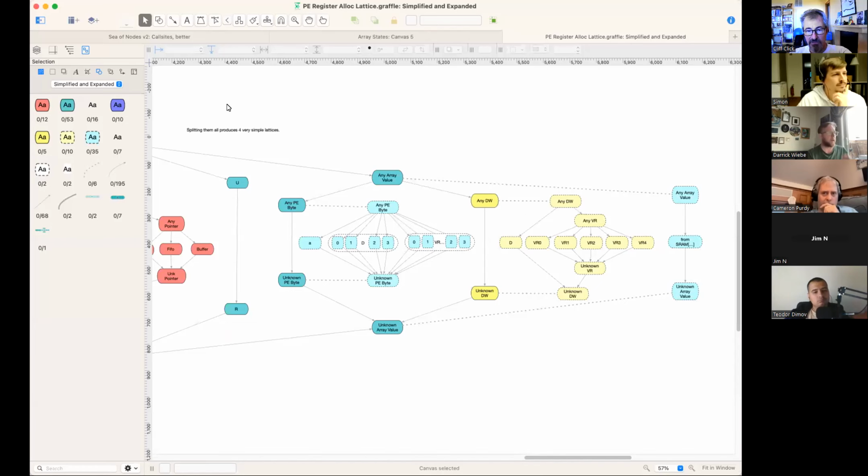Do you mind if I share my screen? I'll show this lattice. It should be available. All right. Yeah, I can. All right. So